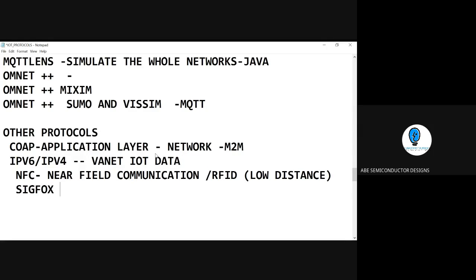Sigfox is another thing which comes into the picture, and another is Z-Wave. So these are all the protocols utilized other than MQTT and everything. These are normally utilized for industrial setups. And I told you about Ethernet, which is normally utilized for device interconnectivity in infrastructure-based applications. When you talk about protocols, we must be aware of the transceivers, which I explained to you. The transceivers are most important, and they emit your protocol.